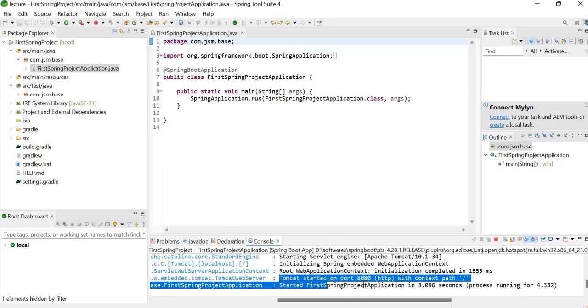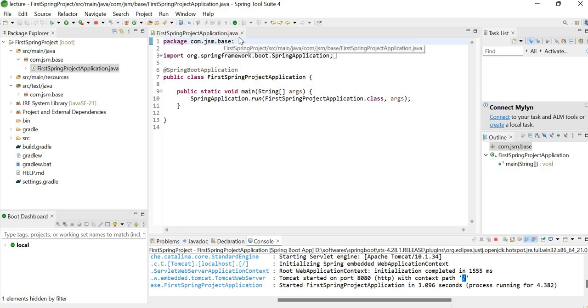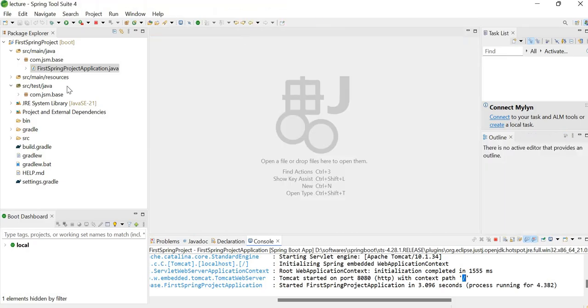So you can check our Tomcat server has been started, and they have given the path as slash. We have not written any REST endpoint yet, that's why the path is only slash. So this is our first project of Spring Boot.